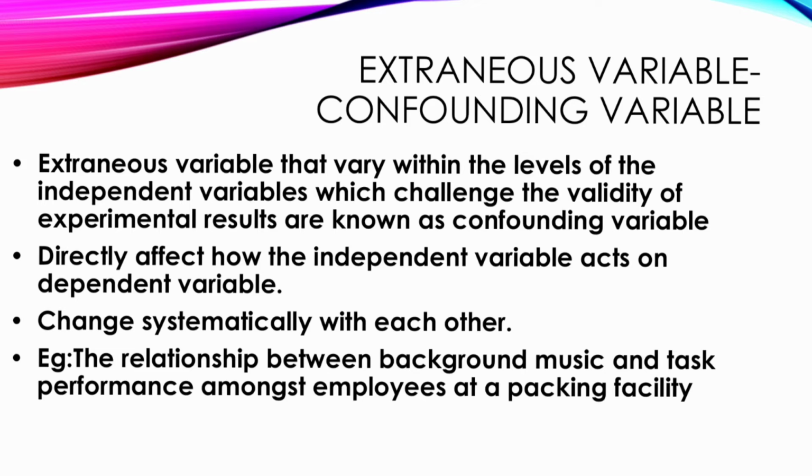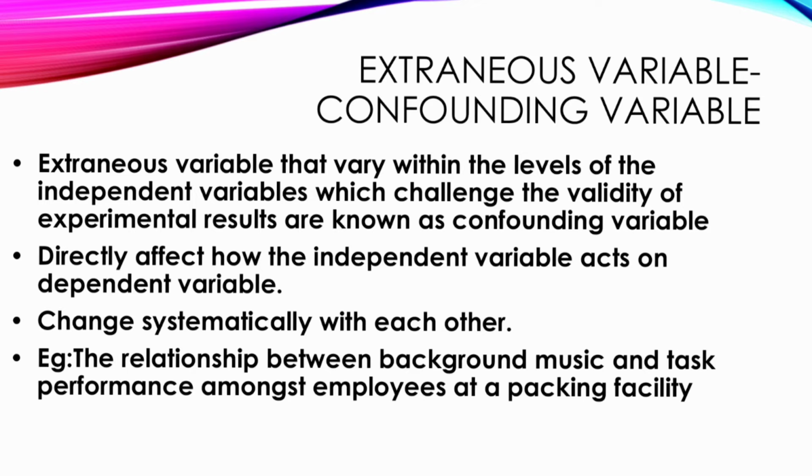So basically, both in the case of extraneous and confounding variables, while we are speaking theoretically, we can say that a researcher conducts a research and there are independent variables and dependent variables. You manipulate the independent variables and you measure the results in the dependent variables and your research is done. But in the real world, that doesn't happen. There are many other complications that can affect the research of a researcher, and these effects which will occur on the dependent variable are known as extraneous or confounding variables.